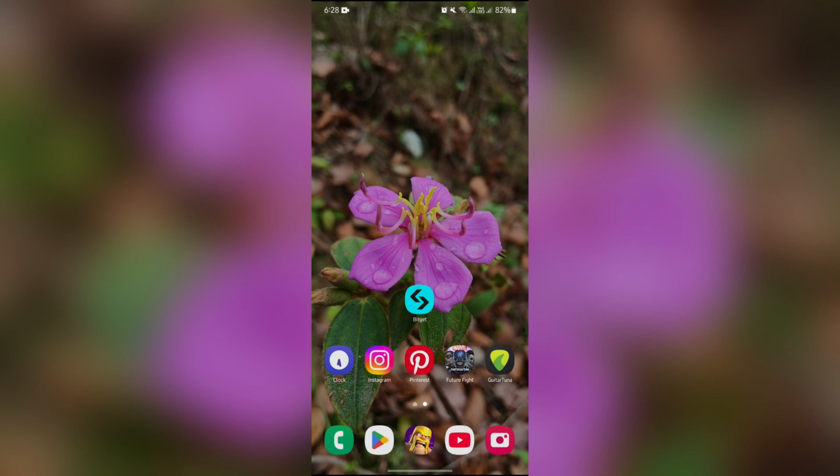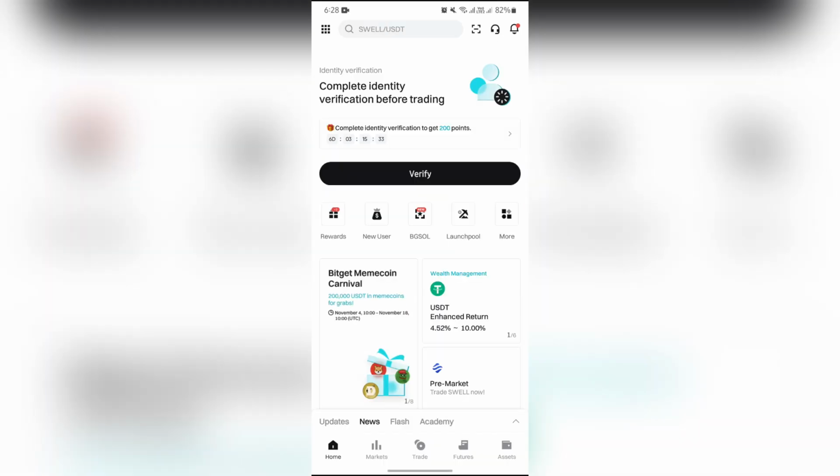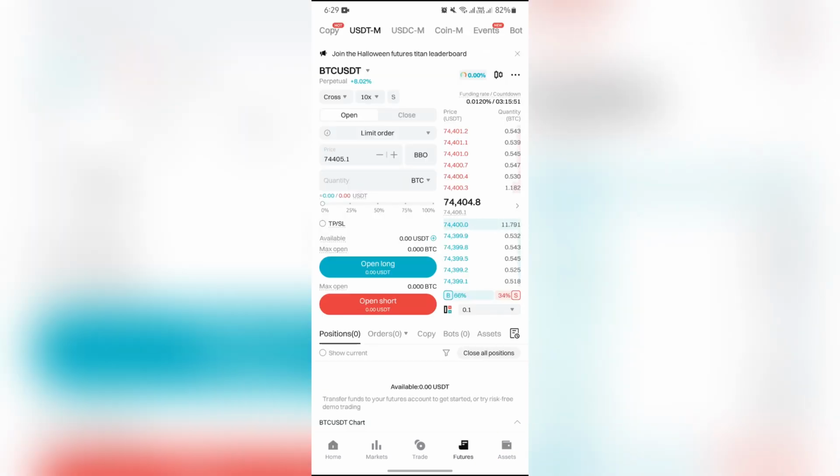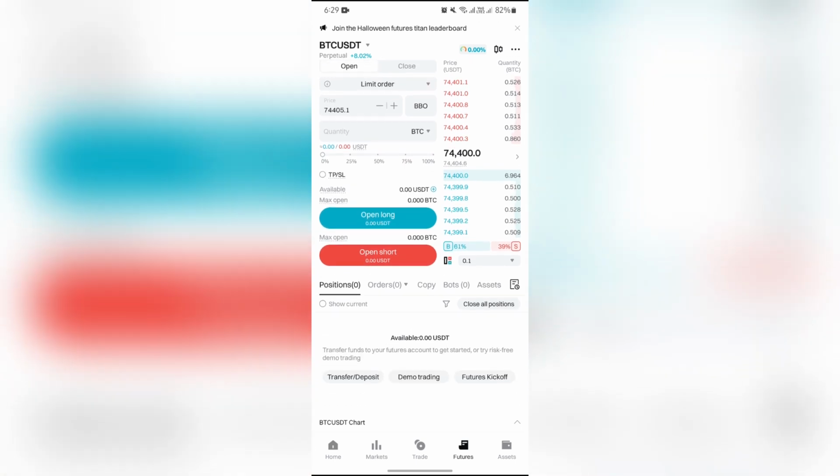Now in order to do the demo trade, you just simply have to open your Bitget application. After opening the Bitget application, you will get to see this option of futures directly. Just simply tap on futures, and after opening that futures option, you will get to see a bunch of options